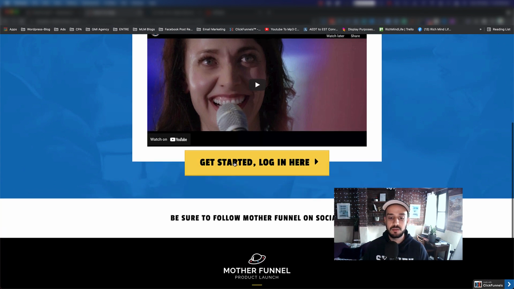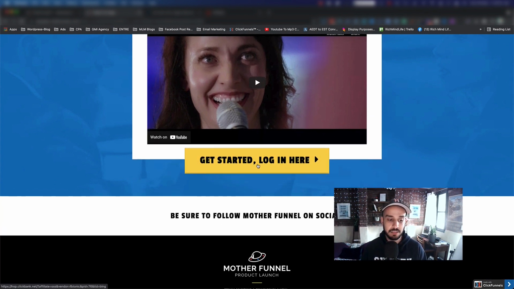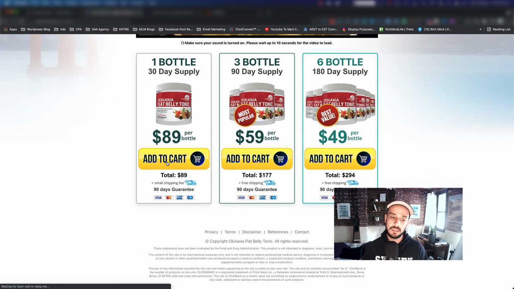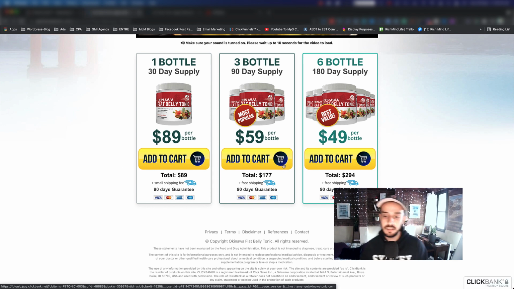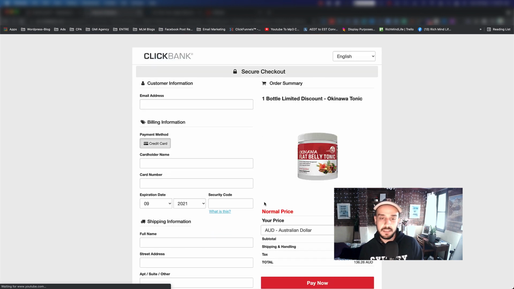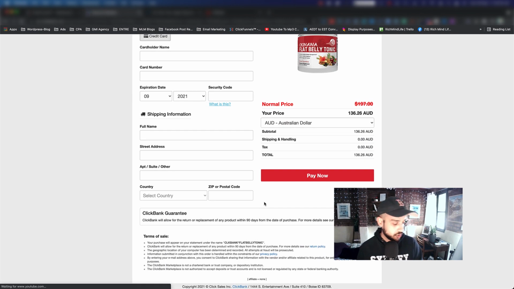And what we can do, we can click on get started or log in here and see if the affiliate link shows up, and as you can see, it comes up in here. So the user can go and click on add to cart, and they can progress with the purchase. So as you can see, everything is completely hooked up, and in the next episode of this series, I'm going to actually show you how you can